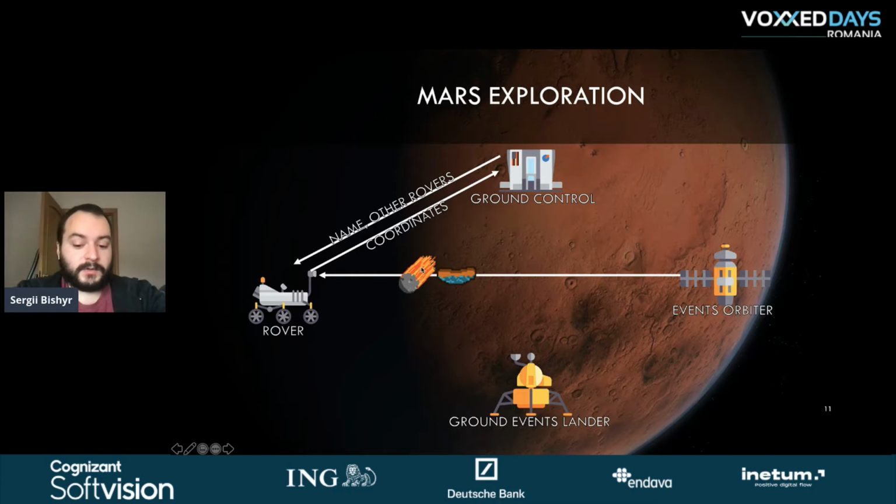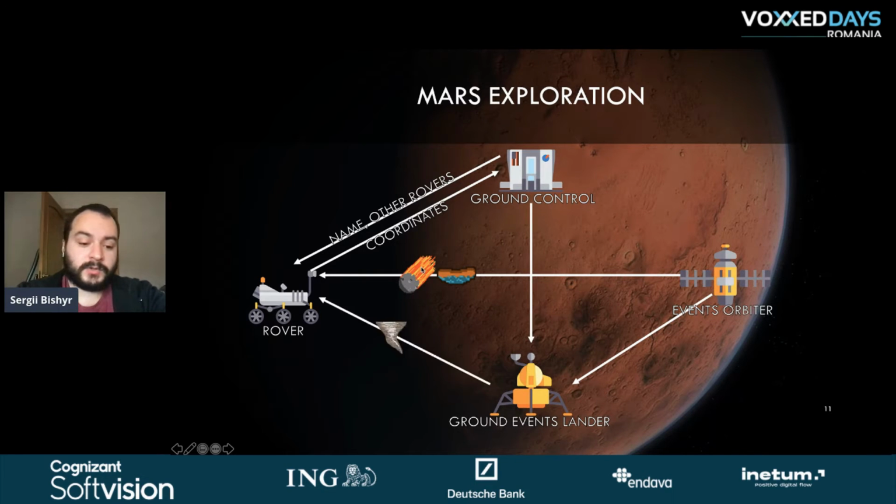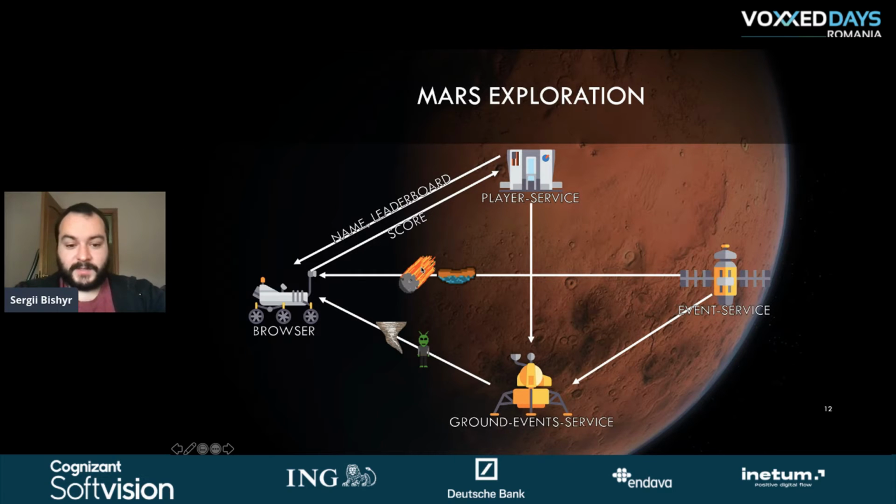And we also have a ground event lander that will receive data from the event lander and from ground control to tell our rover if there are any dust storms or maybe any alien form of life. You may wonder what I'm talking about, because that's not about Kubernetes and Istio. This is, in fact, a game which I have built to show you the fault tolerance feature of Kubernetes and